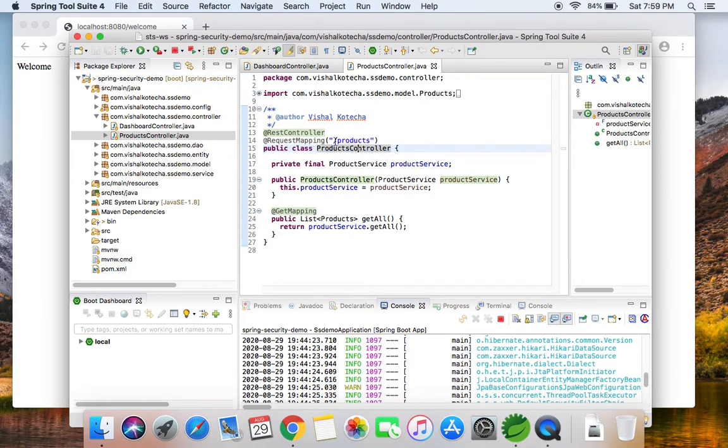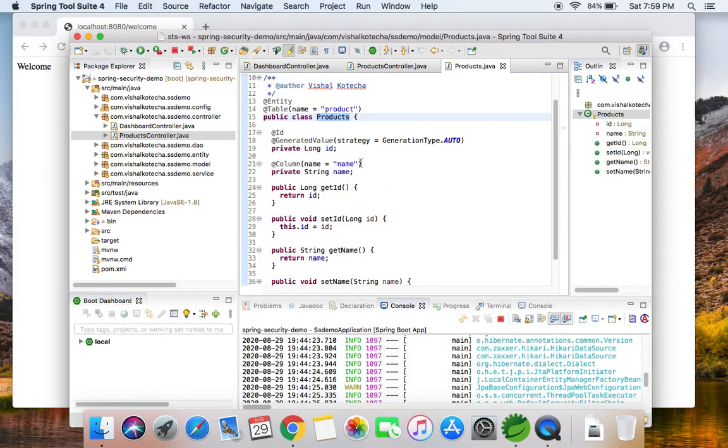The request mapping says slash products and we have injected product service dependency, and this get all method will do nothing but retrieve all the products list. To keep it simple, right now we have just ID and name, two fields in the product. So when we get the products list from the database, we will see IDs and names, that's all.